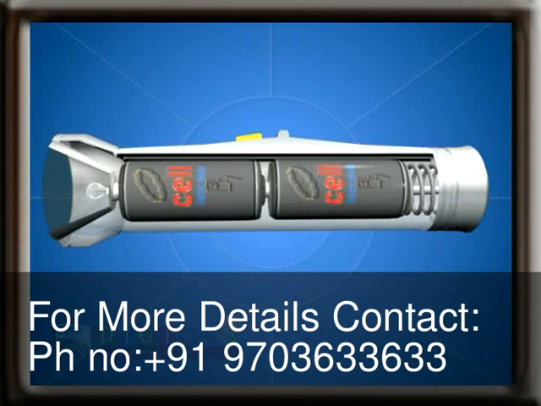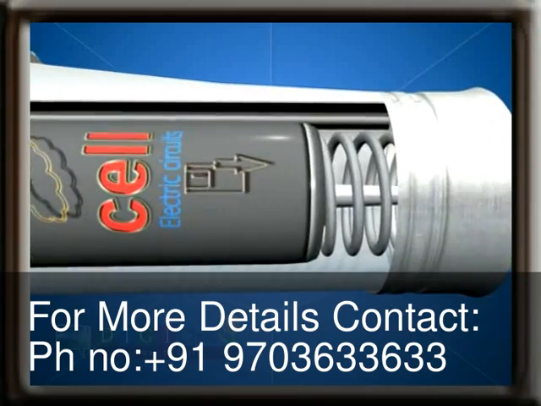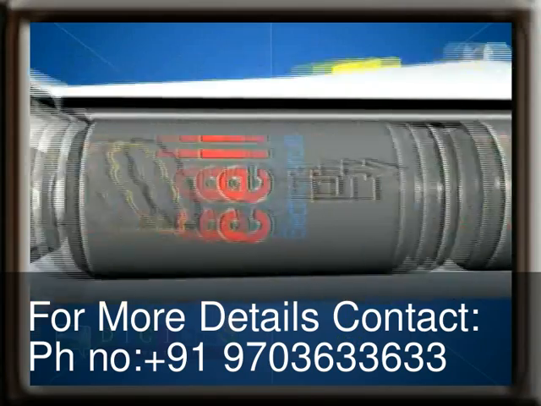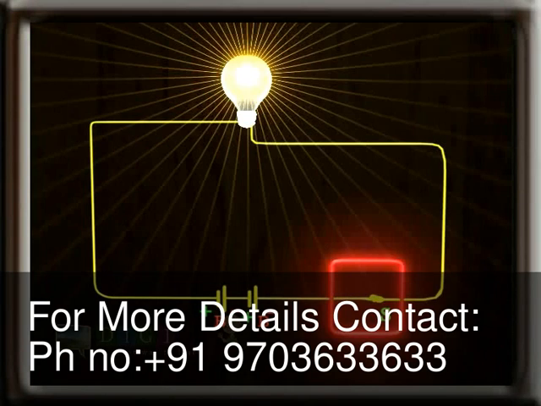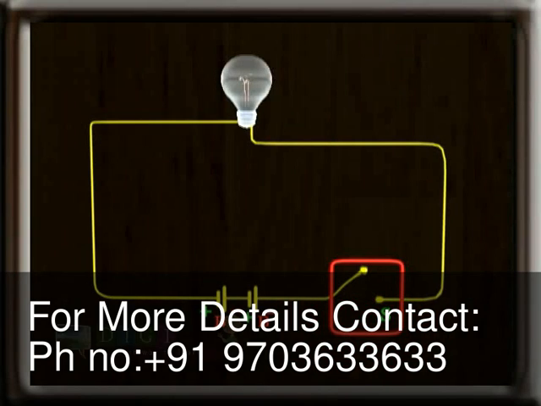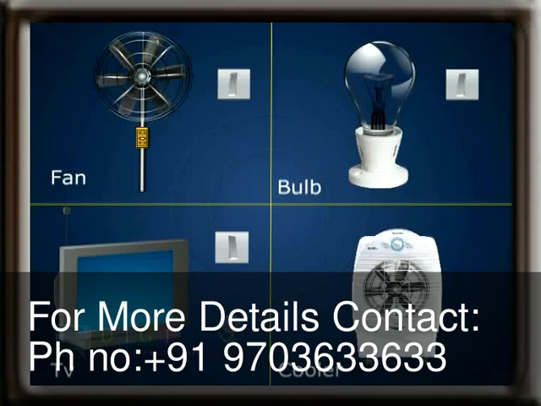If you observe the inside of the torch light, the batteries and the bulb are arranged in a series. The closing cap of the batteries has a lid inside it, all together forming a circuit. When you switch on the torch, the button closes the electric circuit, and if you switch it off, it breaks the circuit. The same thing happens in all electrical appliances like the fan, the bulb, TV and cooler.